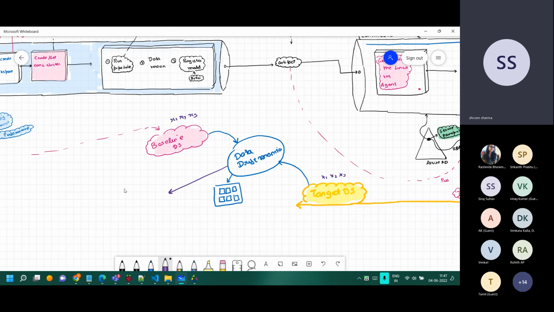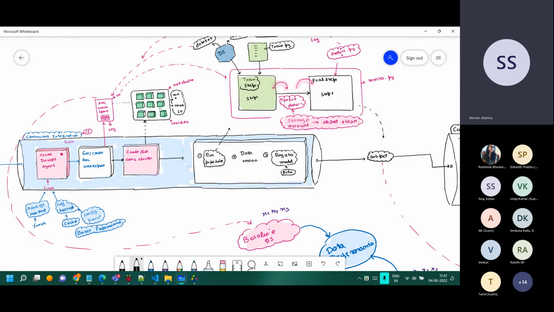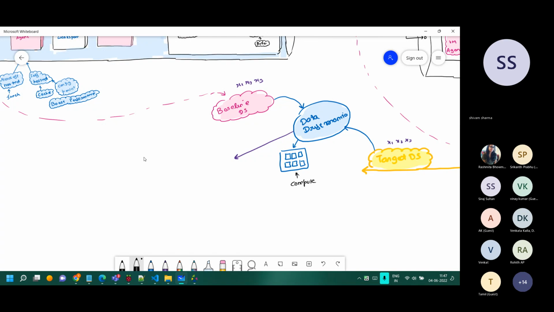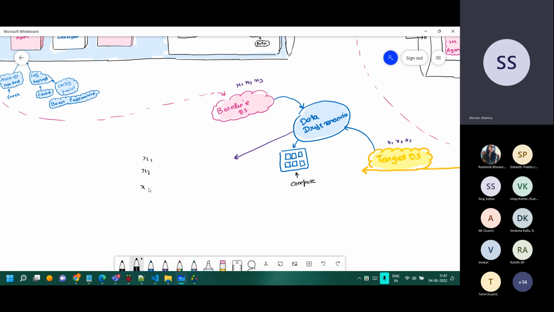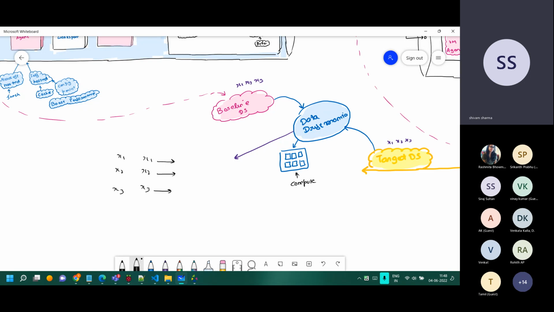Now we have a baseline data set. That's what we have. We would like to compare with the one on which we have done the training, so we have to select the other one. Once we do that, it will run on the schedule. It will require some compute, so you have to define the compute. It can be that same compute, that green one over here. It can be something else altogether. Now it will give us a drift in percentage, like how much the yellow one has drifted from the pink one over there.